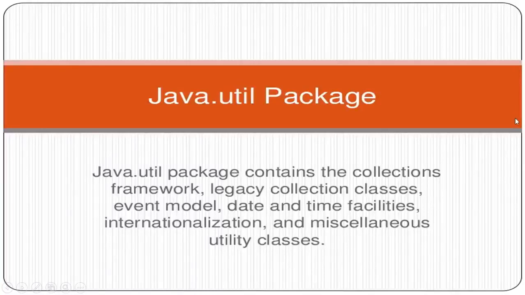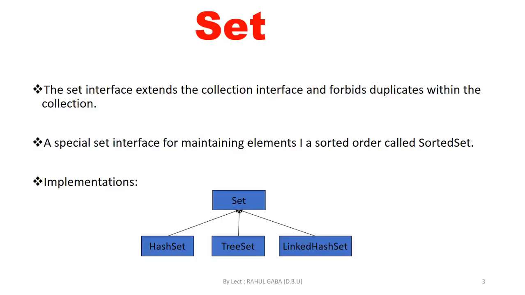So the util package contains not only collection but other classes also, like time and date, legacy collection classes, event modeling, etc. But we will start with our first collection, that is set. What is set? Set is a collection of elements. We also learned it many times in mathematics, but if I talk in Java,